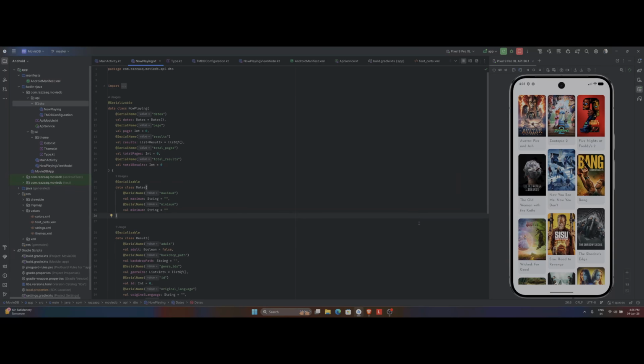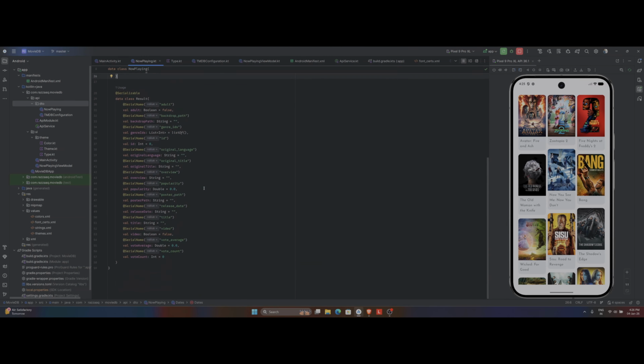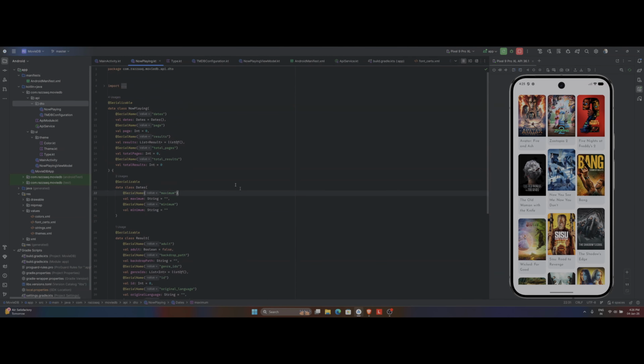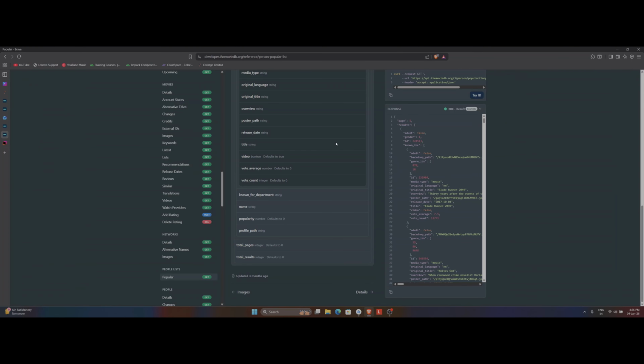Hi guys, today I'm going to share something new I checked out recently while working on a TMDB project. So, how we usually add a JSON to convert it into a Kotlin data class. So for now, let's say I can go to my TMDB project, TMDB website, and then copy a popular movies